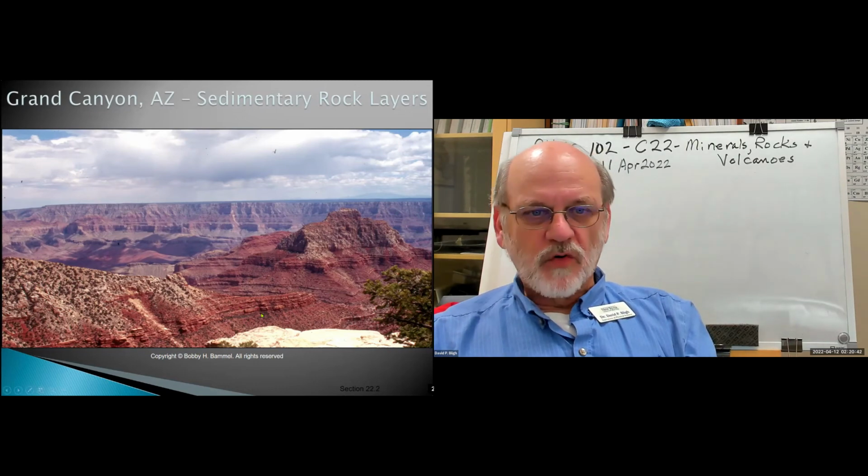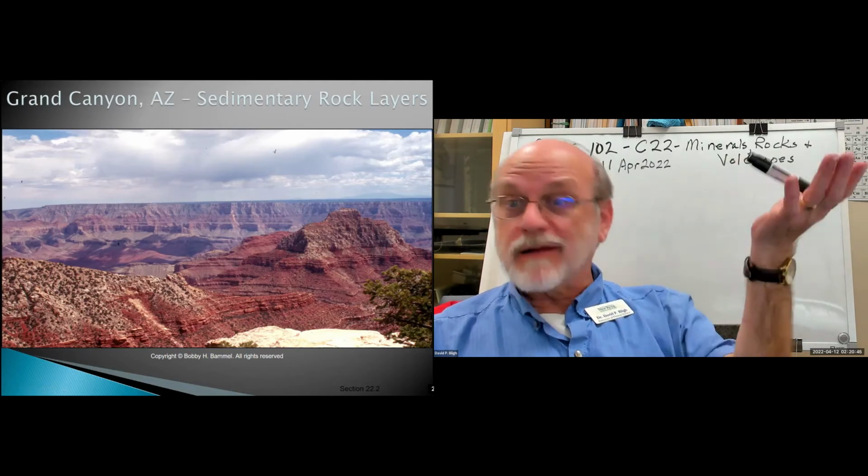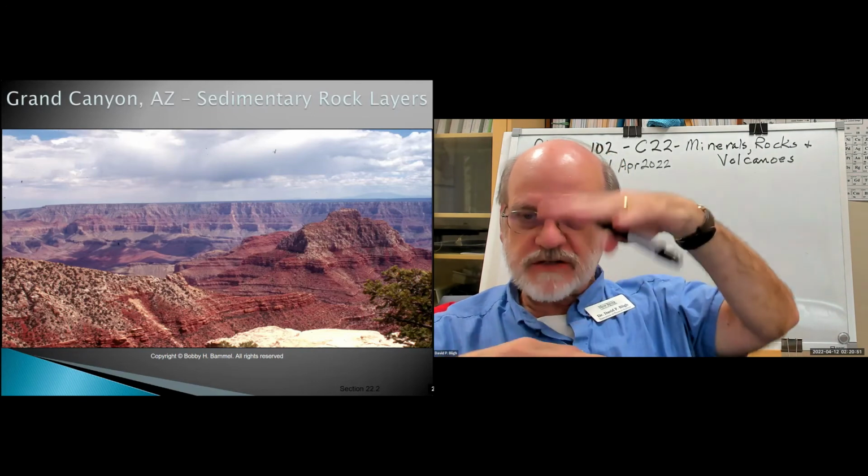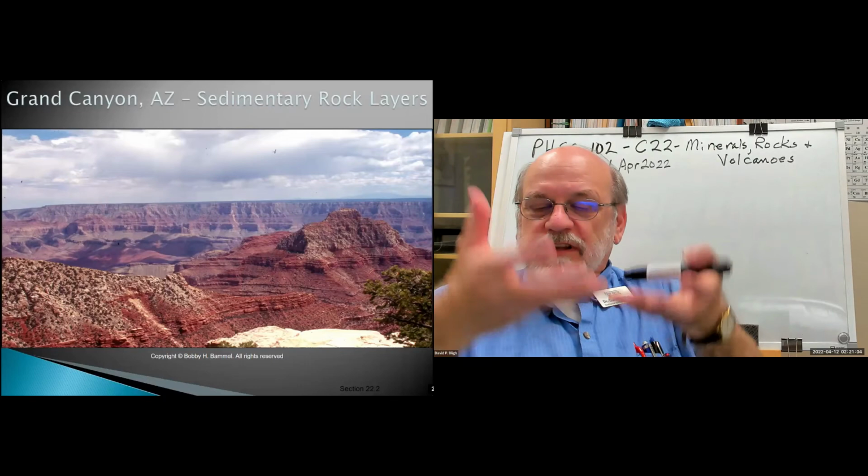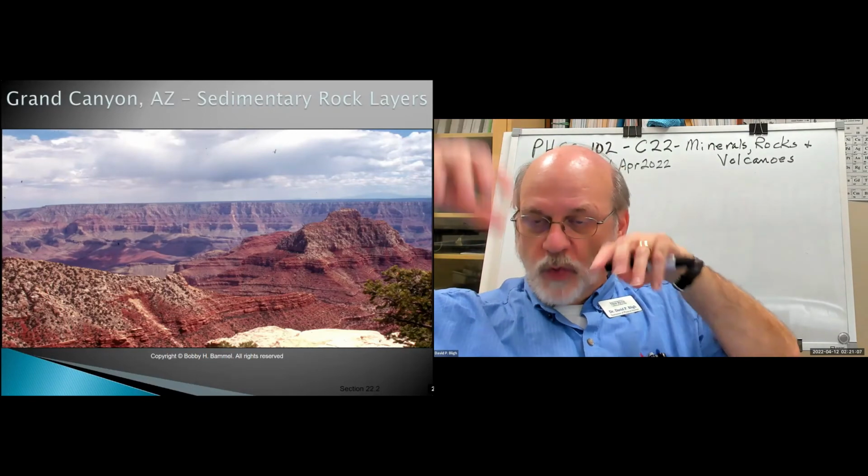Now, they more than likely were at the bottom of an ocean or a lake or a sea of some kind. Not always, but usually that's the case. So when they're way up here high, something happened to get them there, right? If they formed way down under the water, sedimentation compacted them, cemented them together, then what has happened? Well, the inference is that something, a geologic process, lifted them up. And as it lifted them up, gravity and wind and water eroded them away. So now they're exposed.